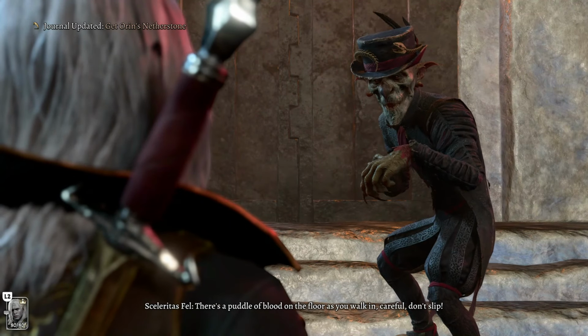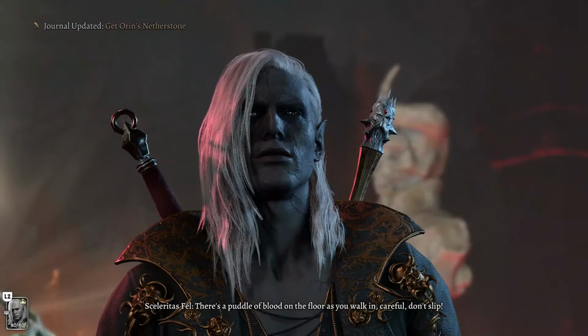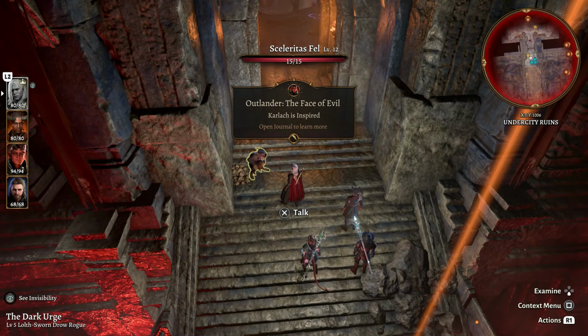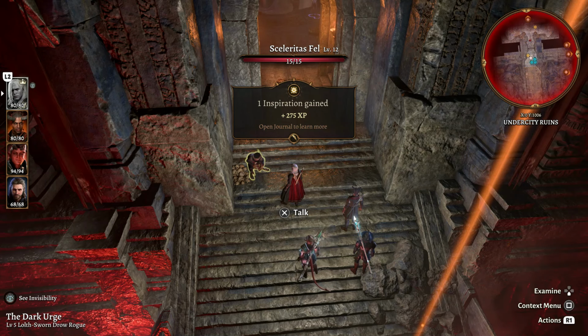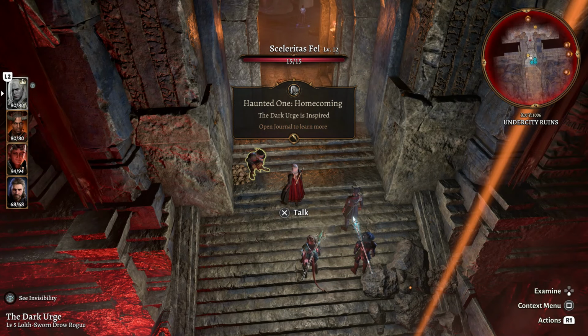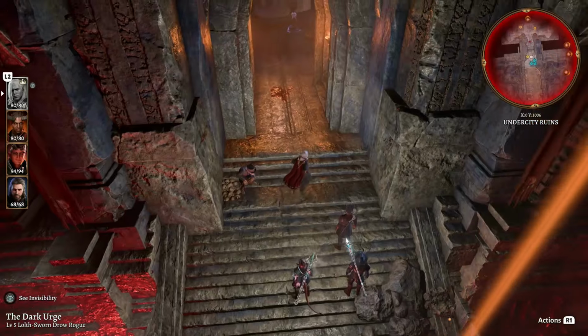There's a puddle of blood on the floor as you walk in. Careful, don't slip. We get an inspiration point for a Karlach called Outlander, the Face of Evil. That gets us 275 experience points. We also get the Dark Urge's Haunted One Homecoming inspiration point, giving us 275 experience. We now completed the Impress the Murder Tribunal without ever meeting the Murder Tribunal,